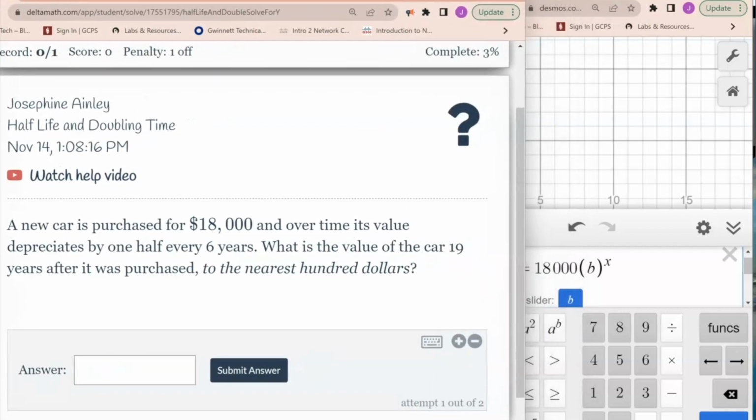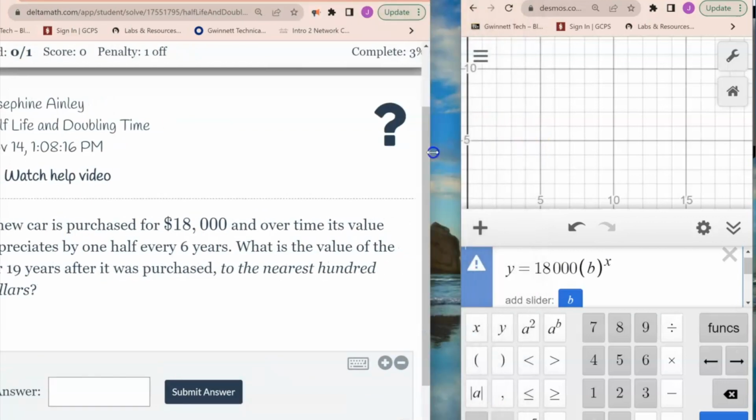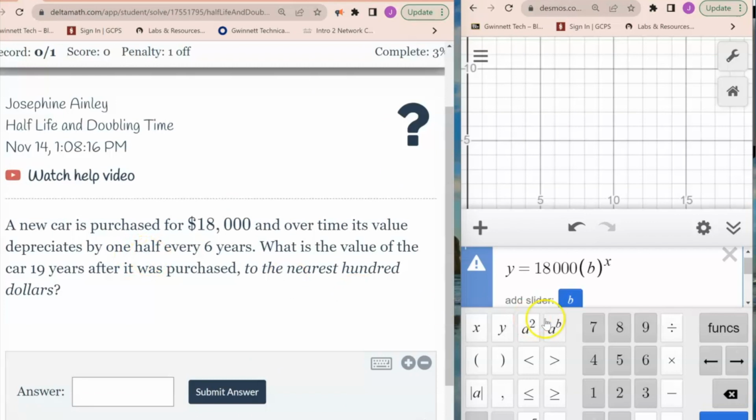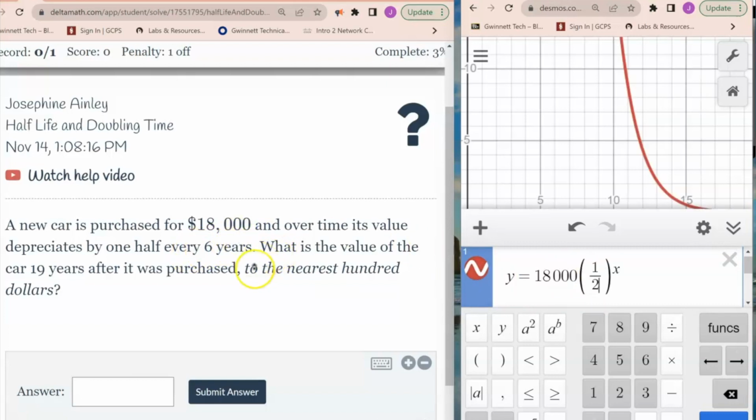Over time, and its value depreciates by, so it depreciates, it's going down by 1/2. So it's telling you, this is half-life, that B is going to be half. So you can write 1 divided by 2, or you can write 0.5. Every 6 years. Okay, so every 6 years it is going to depreciate by 1/2. What does that mean? That means in year 1,